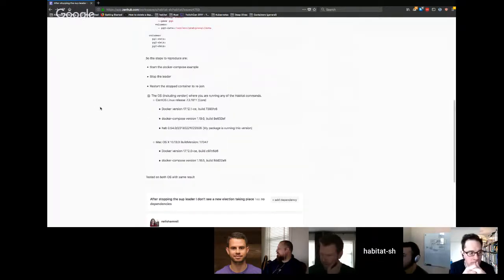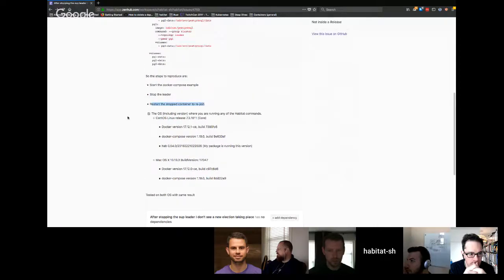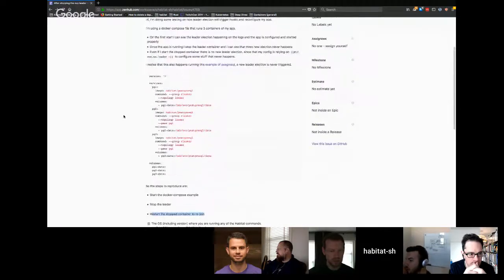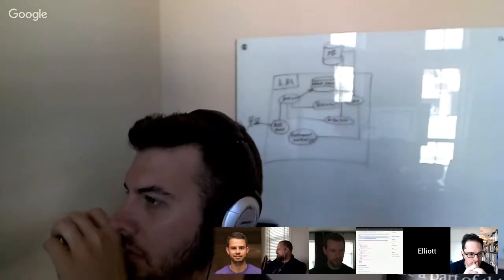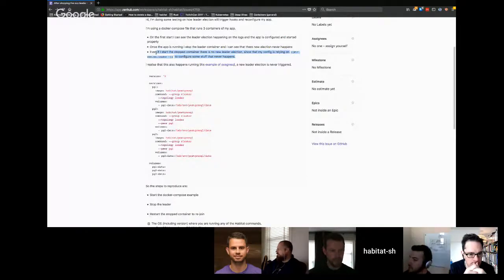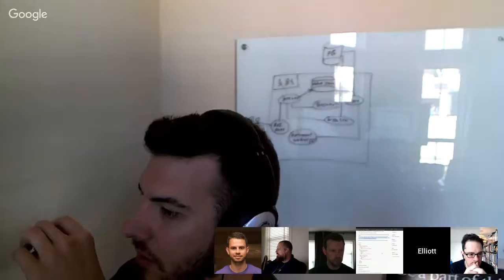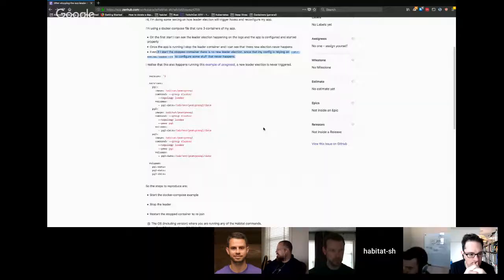All right. What's the restart the stopped container to rejoin? So it looks like he stopped the leader and then said it didn't do a leader election. Then he restarted that container, and it's back with three nodes now. Right. And then it didn't hold another election. Right.